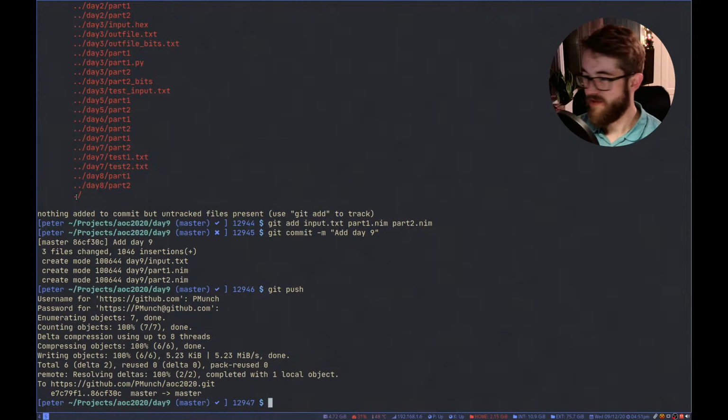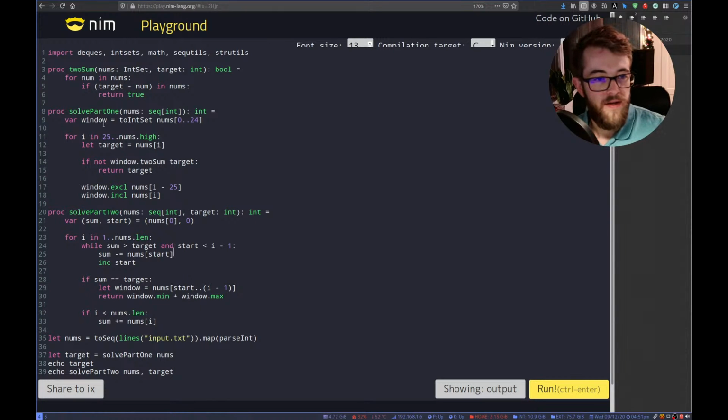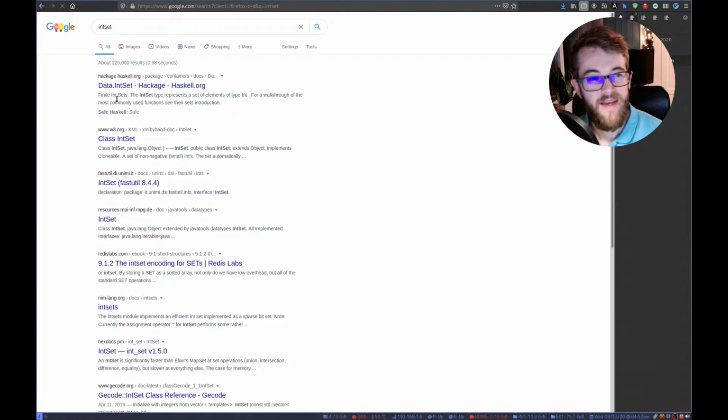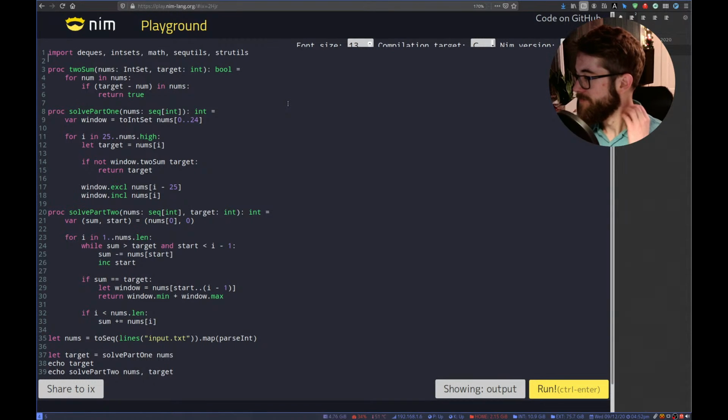But it is O(n^3), isn't it? Because you're doing like this does a loop, I'm pretty sure. Oh no, wait, it wouldn't. Yeah. Wait, what is an int set? Is that basically just a set that, yeah, right, yeah.